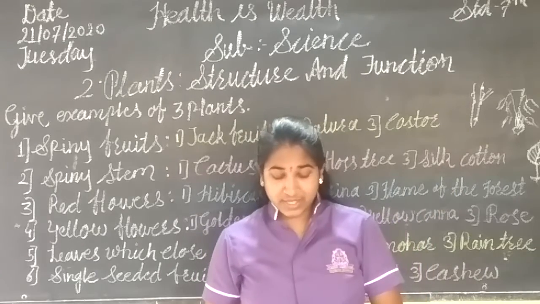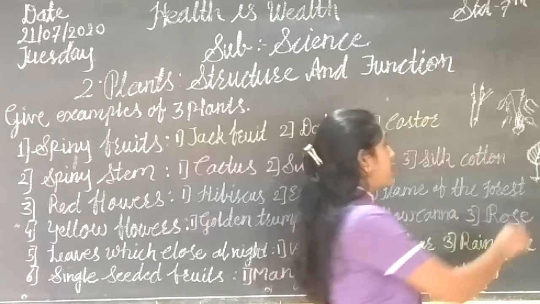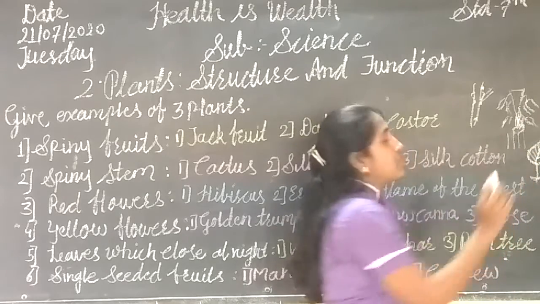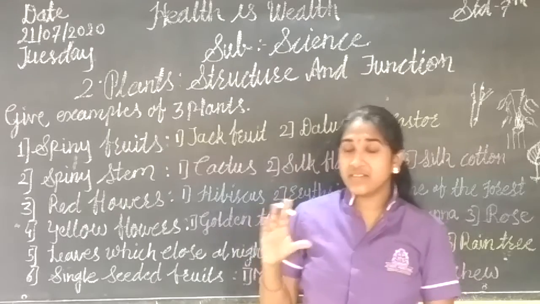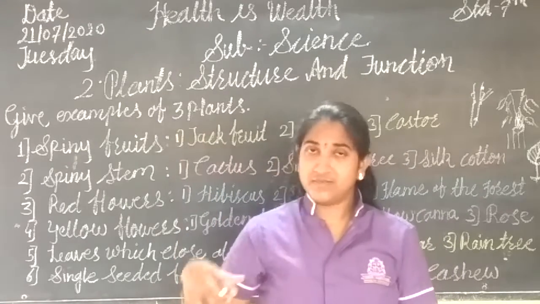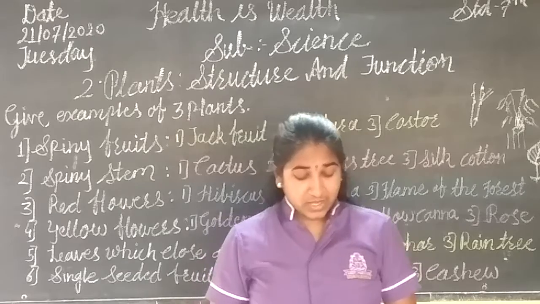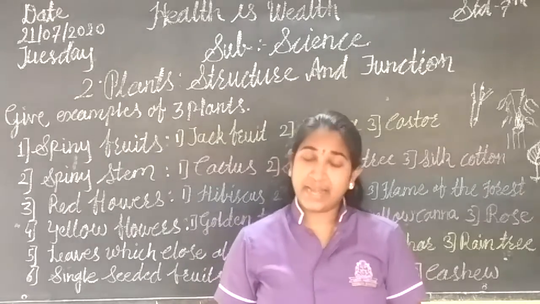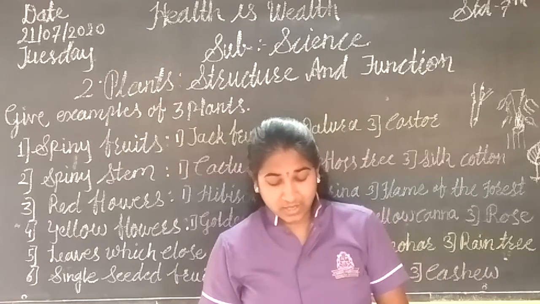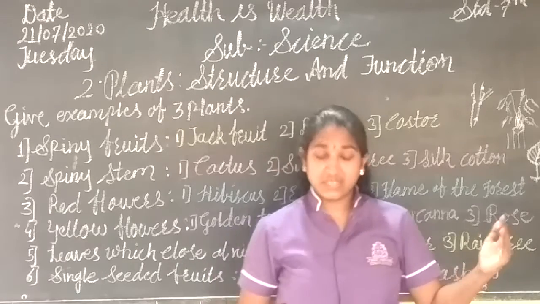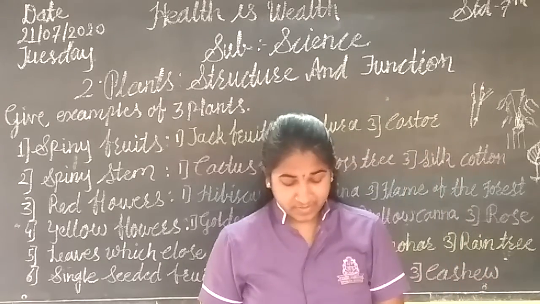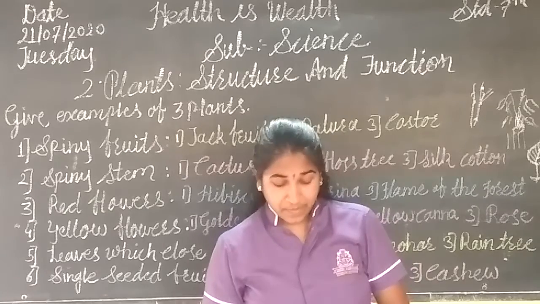Okay. Then next is the parallel venation. But what is parallel? Parallel means, as we already learned, which does not intersect with each other. In those leaves the veins are parallel. Okay. The veins run parallel to each other. They start from the leaf base and end at the leaf apex. Okay. In the parallel venation it starts from the leaf base to the leaf apex. And what is the example of this parallel venation?